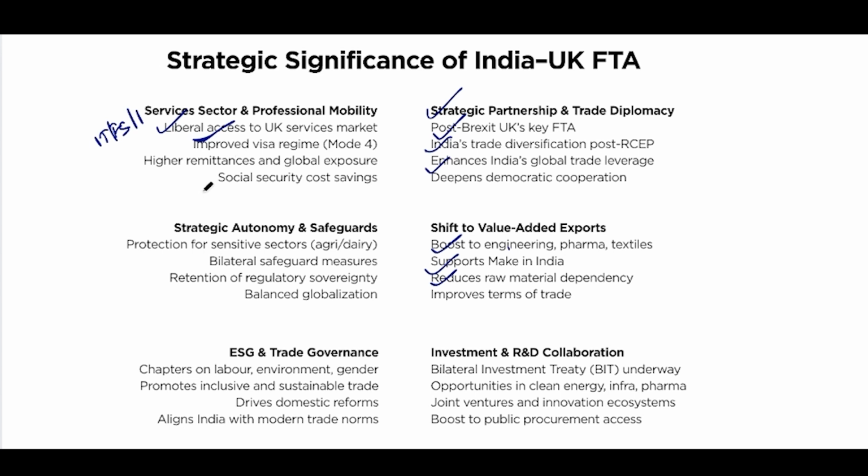And so the UK is going to provide a more assured visa regime for categories like short term business visitors, intra company transfers, contractual service suppliers, independent professionals. So, in practical terms, skilled Indian professionals from software engineers and consultants to chefs and yoga instructors will find it easier to work in UK under special quotas. The removal of double social security contribution, which we have discussed, further encourages mobility by reducing the costs.